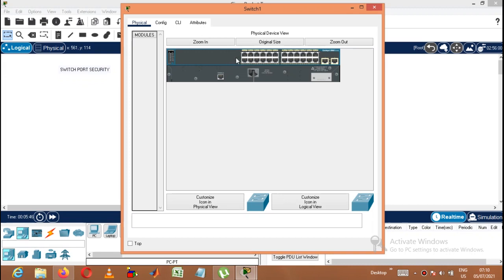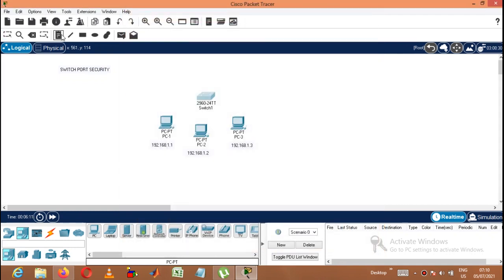The concept behind this is that the MAC address, which is unique for each PC, will be bound with the switch ports, and we'll give some security mechanism for these ports. Once the security is violated, any other PC will not be allowed to use these secured ports. Here we have 3 violation modes.